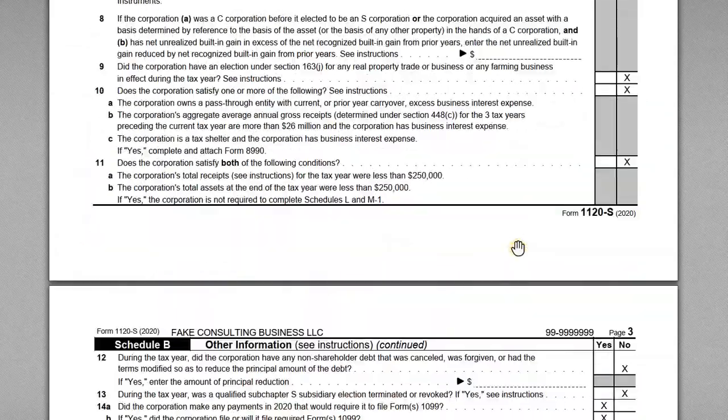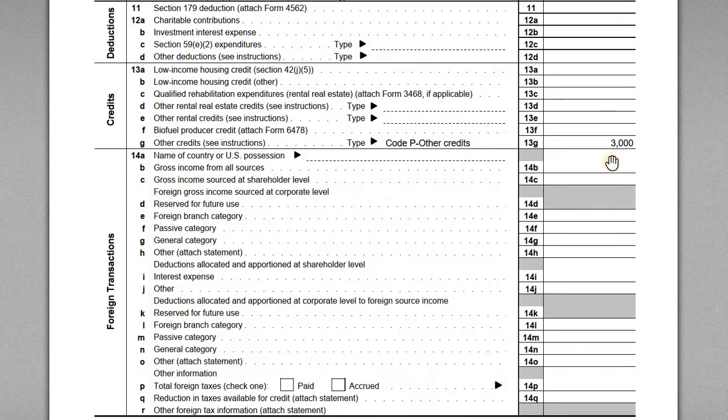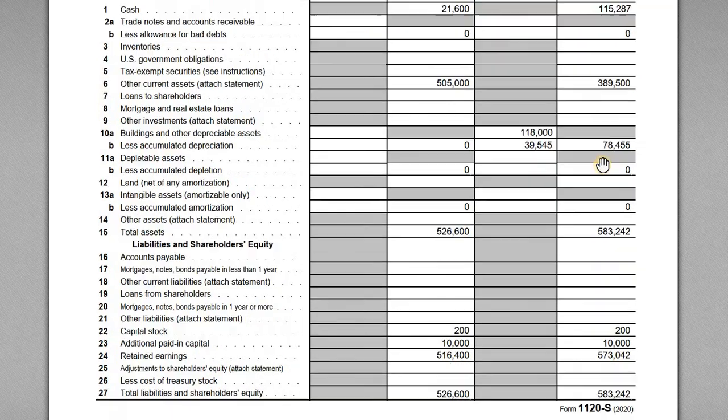So if we scroll down a little bit, we look at the Schedule K here. So we've got the ordinary income or loss, and then here's our investment income pieces, right? We've got interest, qualified dividend, and then the net short-term capital gain distributions that are coming through from that hedge fund. Okay, so if we look at the balance sheet real quick, you'll note here the retained earnings at the